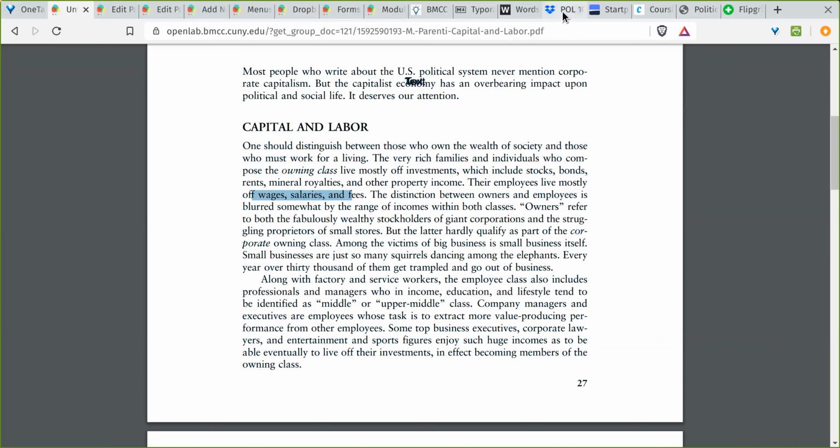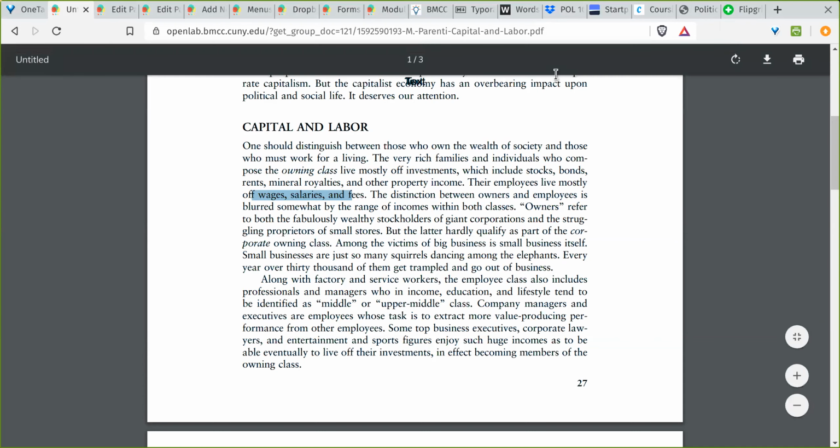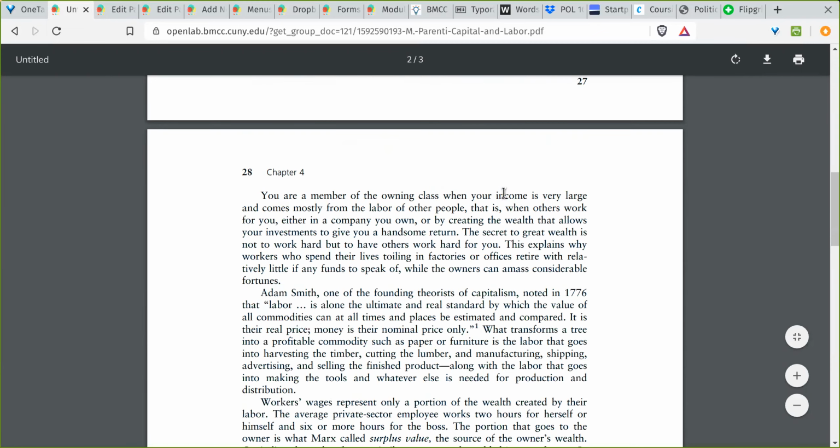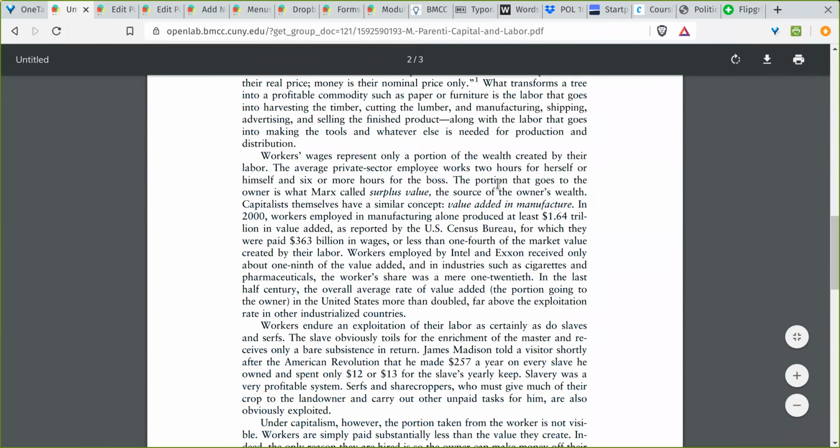They rent their apartments that they live in, or they have a mortgage on the house that they live in, and thus they have to do something else in order to make a living. And that's why that other group of people is called a different social class, the non-wealthy. So we're going to start avoiding words like middle, upper middle class, because they're not really meaningful. It's much more meaningful to talk about social class in terms of wealth or lack of wealth. So this is what this reading gets into.